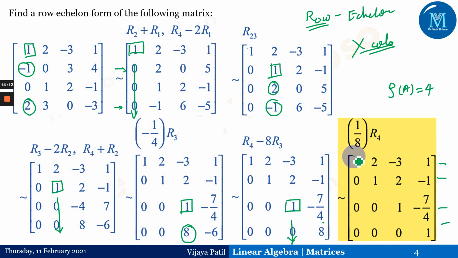So if I want to have this leading 1, below it 0, moving to the next leading 1, below that 0, next row leading 1, 0, then here, and we got the rank of the matrix.